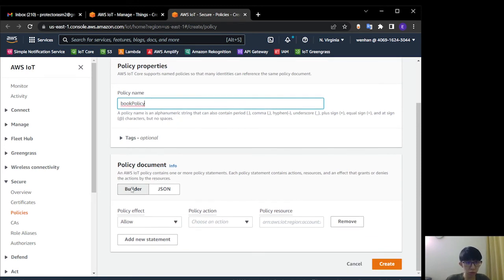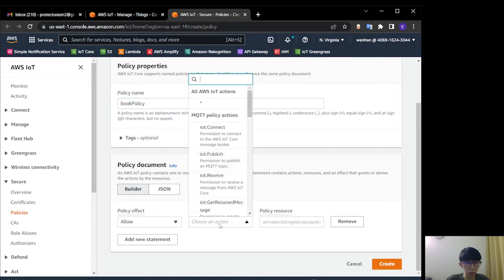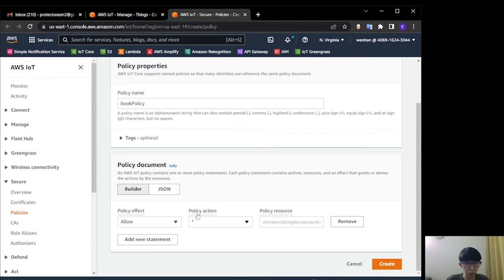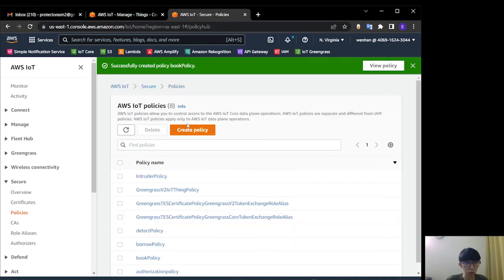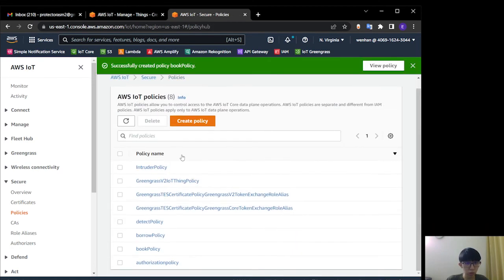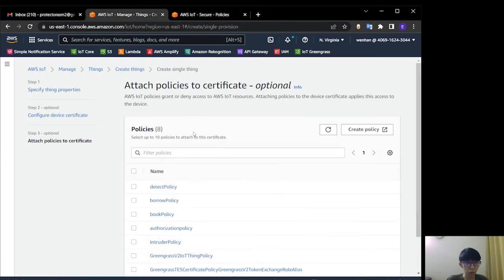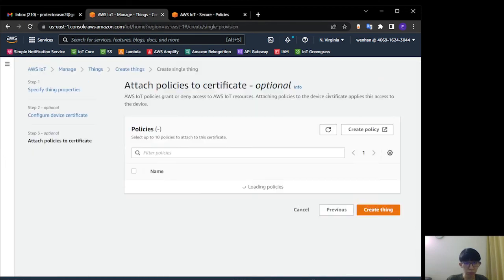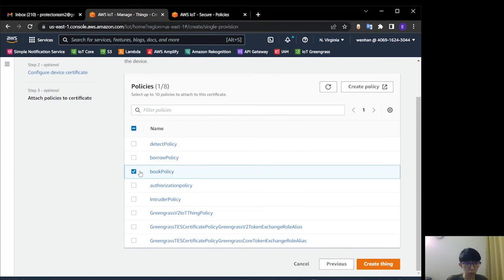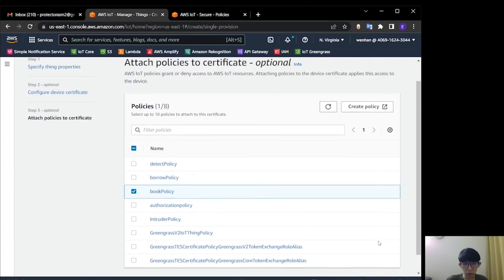We select the builder type for this policy document. Select all for the policy action, and also select all for this policy resource. Click create. Then the policy is created successfully. We go back to the previous tab. We select the policy that we just created.